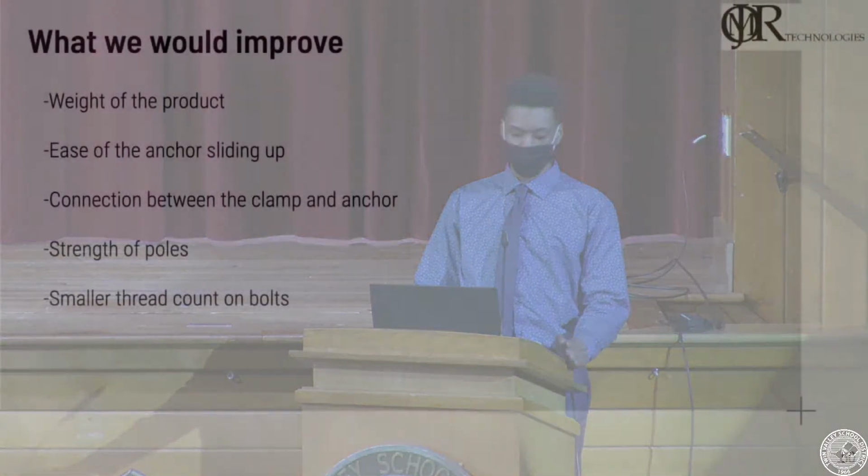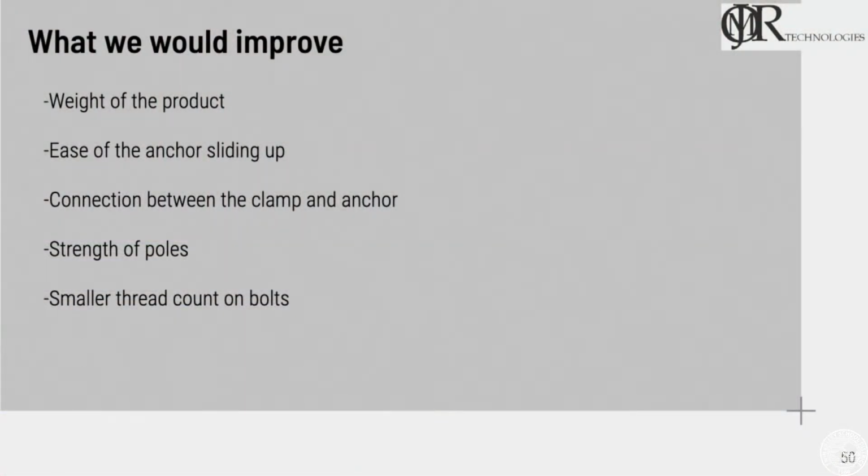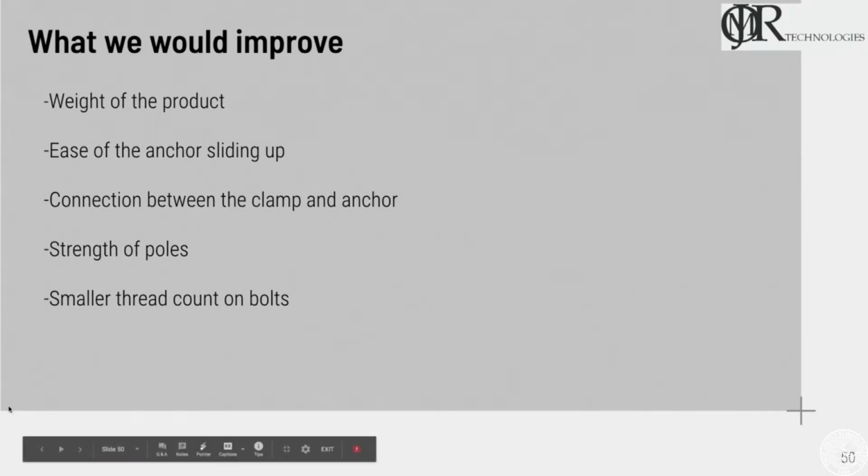Some things that we would improve if we were to have more time: we would balance the weight out more, seeing that as it's an umbrella and most of it is metal, there's a lot of weight in the center, and it's hard to balance that out when you're putting it through the actual hole of the roof. We would also create an anchor with less friction between the poles and the anchor itself. And we'd also create stronger connection points between the poles so that it wouldn't be loose and have a better connection between the roof and the